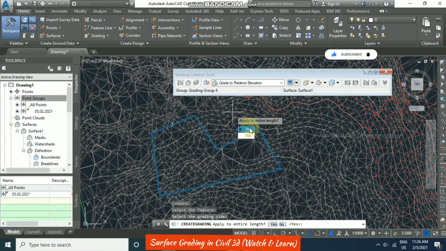Outer I'm putting. Entire length or no. If you want the entire length you can put yes, and then it is asking for relative elevation. You can give some minor value, 0.1, and then we can input the grade or slope. I'm just going for grade, and I'm going to put a grade of 70.